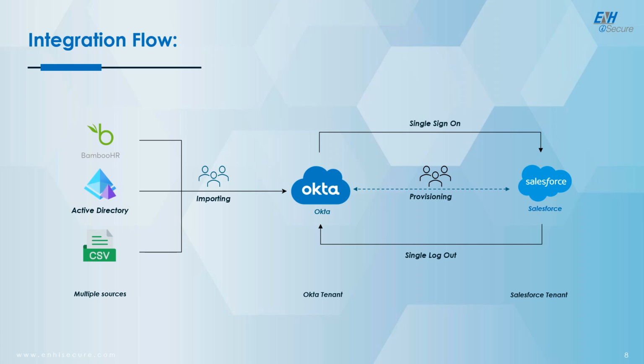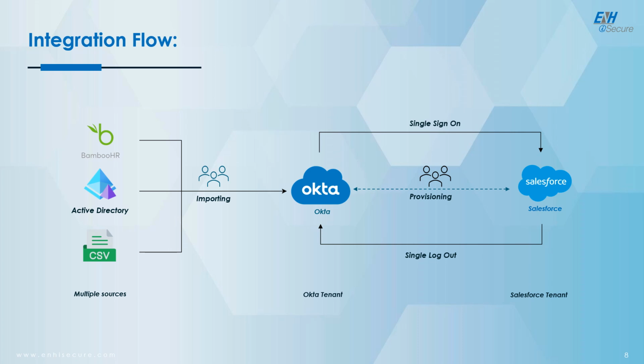To implement the use case, the integration process begins by integrating Salesforce from Okta Integration Network using SAML 2.0. This integration requires the use of the custom domain associated with the Salesforce tenant. If an incorrect custom domain is entered, it may result in errors when attempting to access the Salesforce application. So once the custom domain of Salesforce is configured in Okta, we will proceed to set up Salesforce using